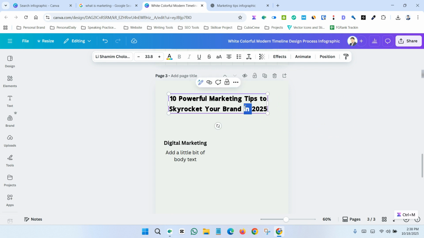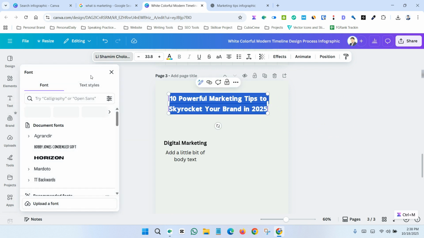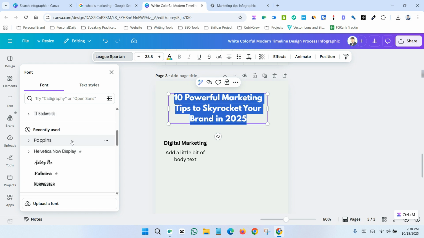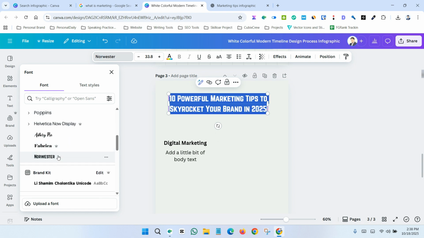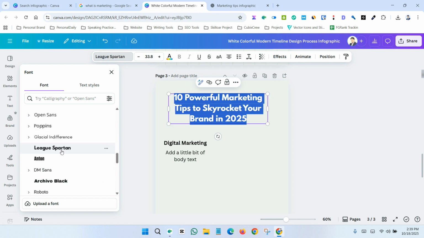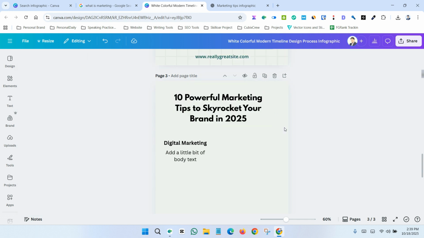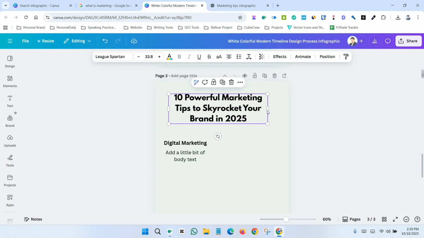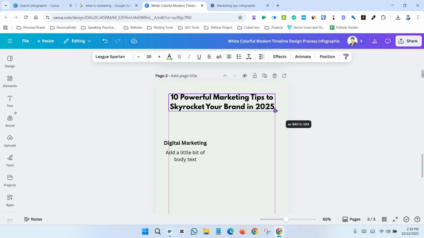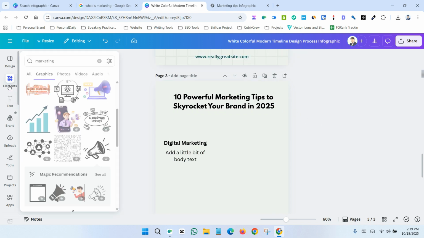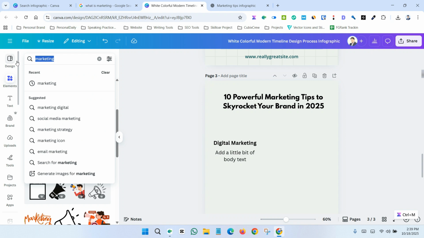So I want to change the font to a bolder font. Let's say this font is good for me. Okay,